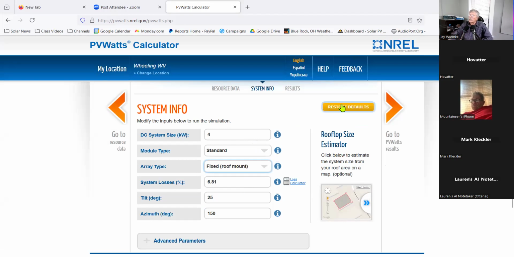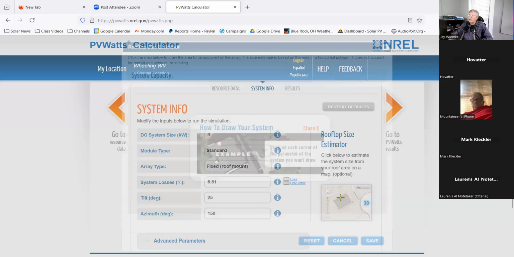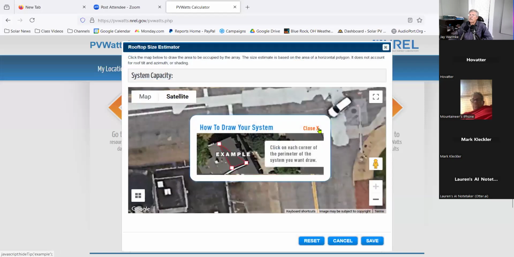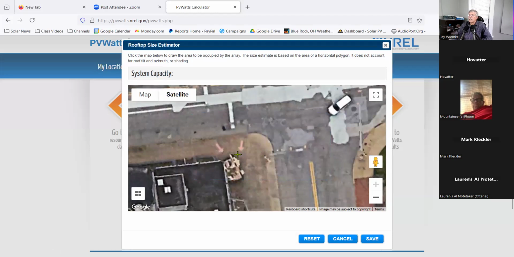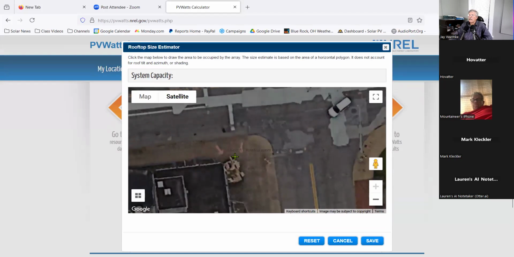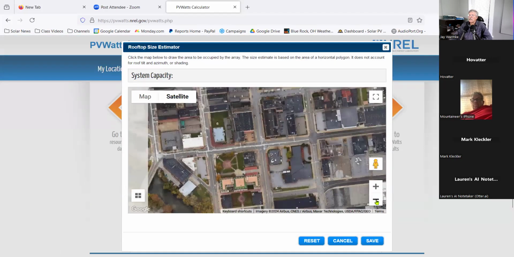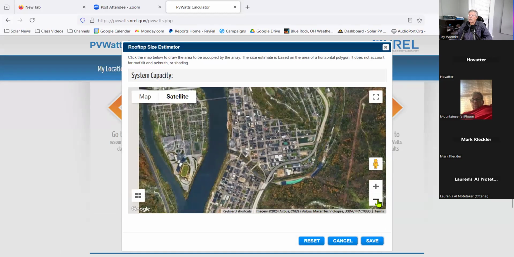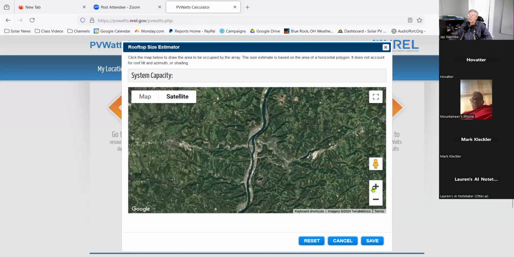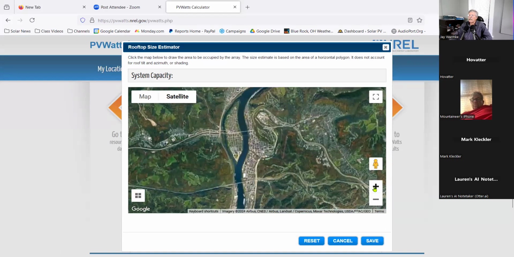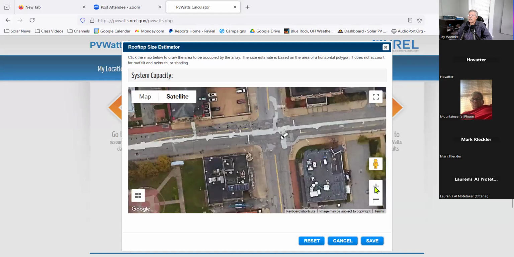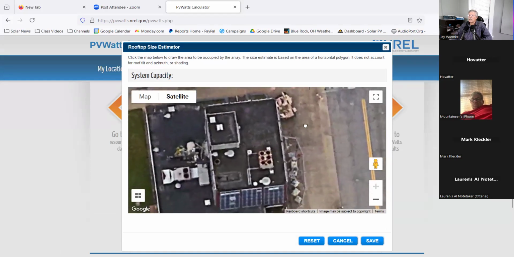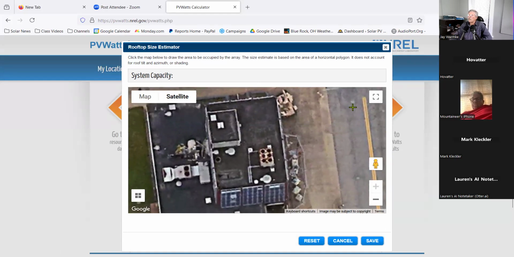They also have this tool here, the rooftop estimator. You can go in and you can use this tool. For example, if we gave them an address, it would give us a specific address. So obviously, I say obviously, but it must be Wheeling, West Virginia. If you give them a specific address, it's going to do that. So let's say that our building, this happens to be our building. We would just,